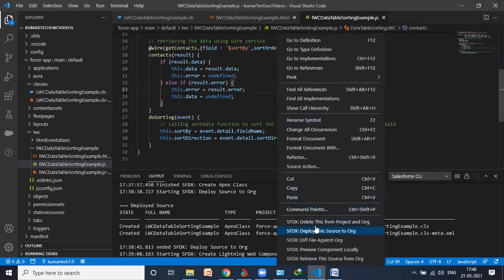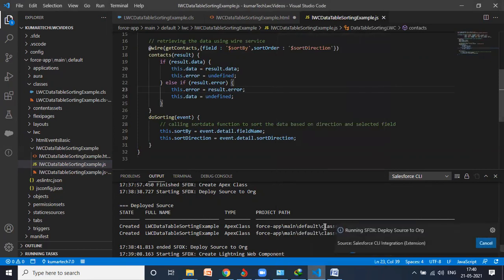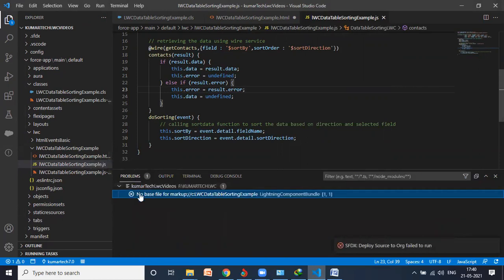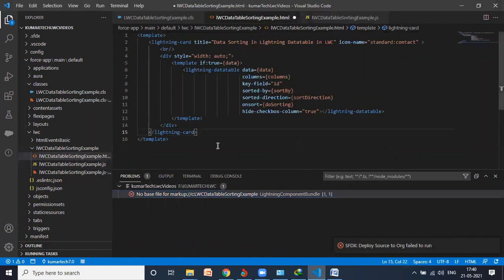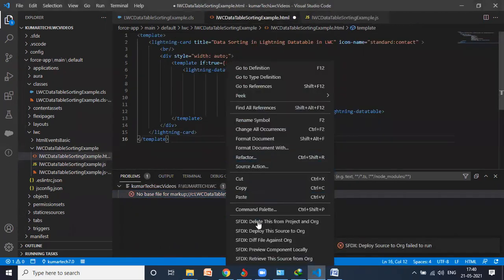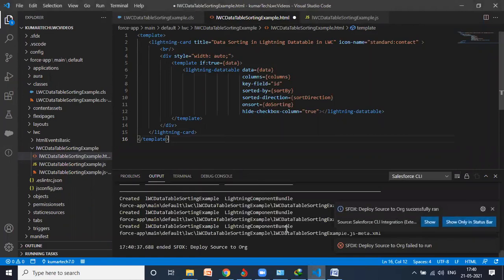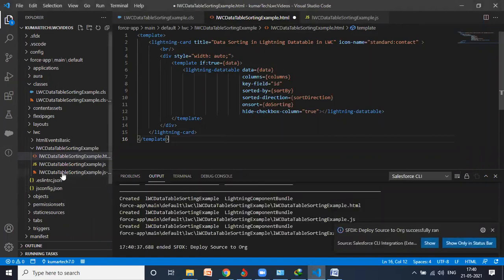Let me deploy to this source org. Some error. What's the error? No base markup file. Okay. Deployed.